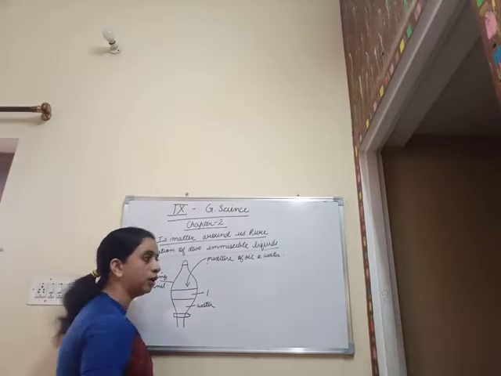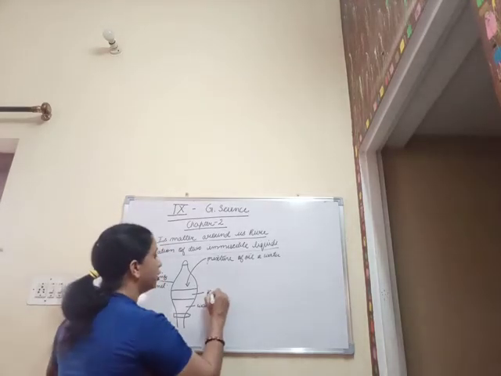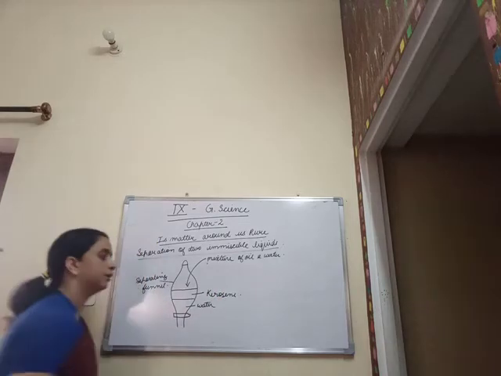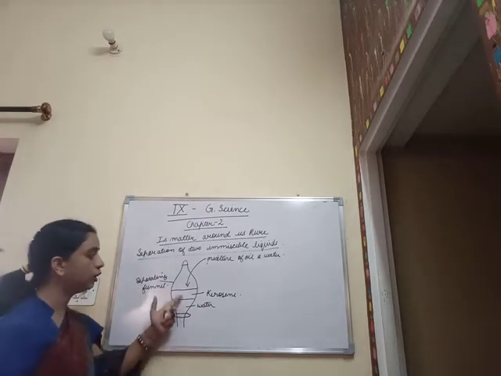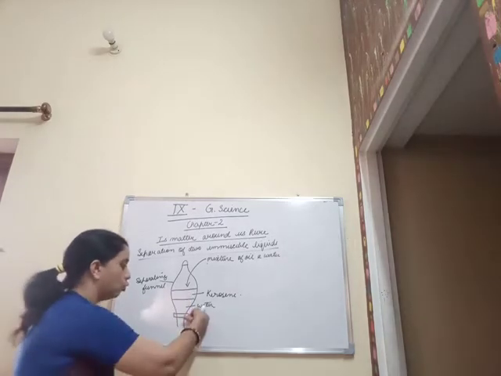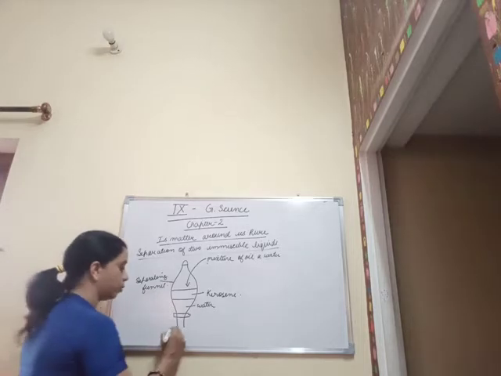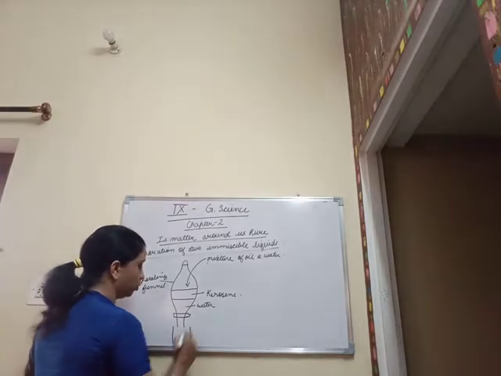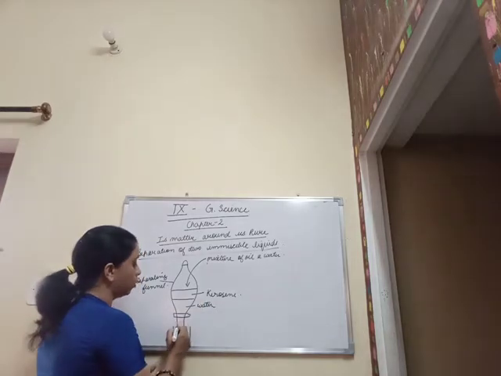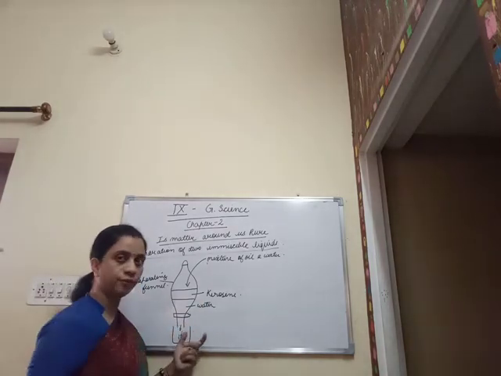Oil can be any oil. Here I am just taking the example of kerosene oil, as it is given in your NCERT book. When both the liquids form separate layers, I will open up the stopcock. As soon as I open the stopcock, I put a beaker under it, and I will observe that the whole amount of the water starts coming out through the separating funnel.